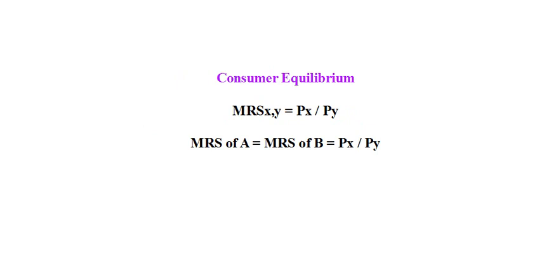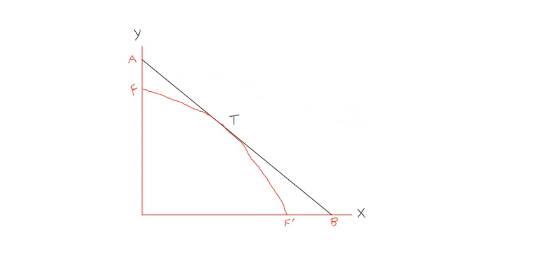Let's move further and try to understand this with the help of the Edgeworth box and the diagrams. In order to start with the diagram, we need to bring into our picture X and Y commodities, which are plotted on the x-axis and y-axis. Then you need to draw the PPC curve, which takes into consideration that the two commodities X and Y are being produced, and each point on this PPC curve represents optimal quantities of X and Y commodities produced in an economy.